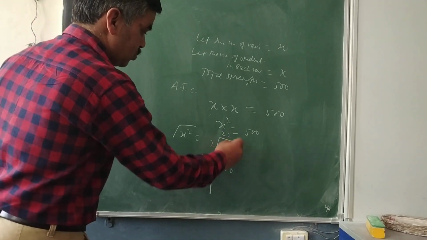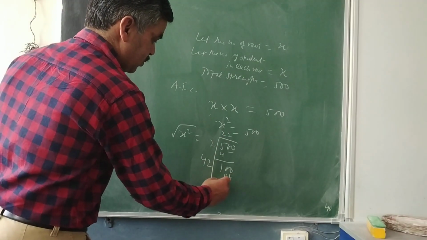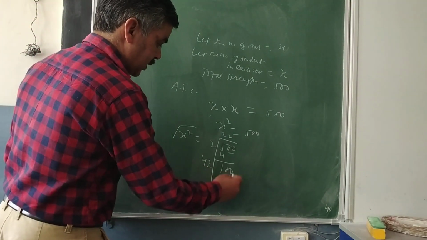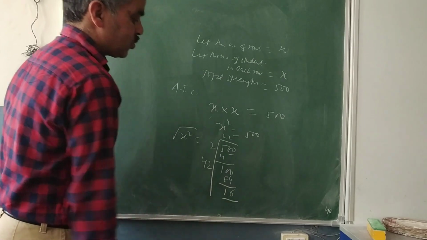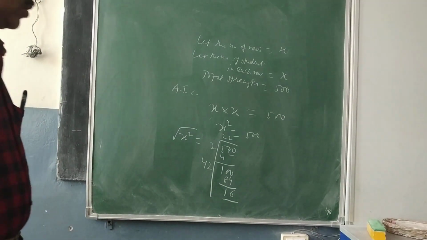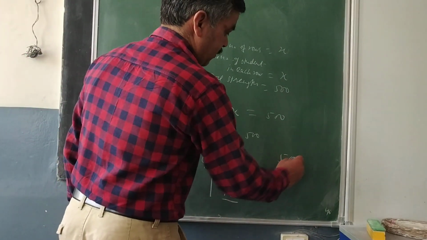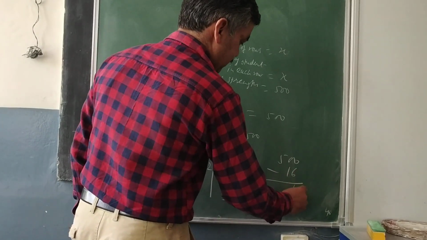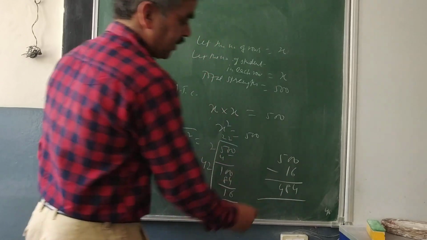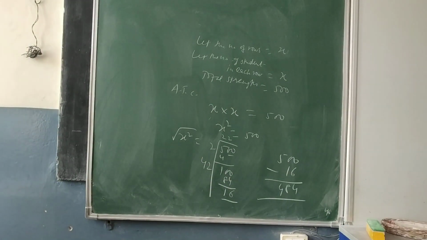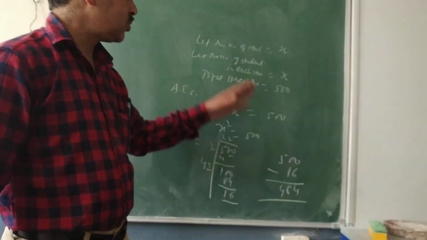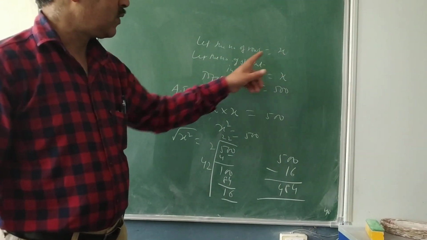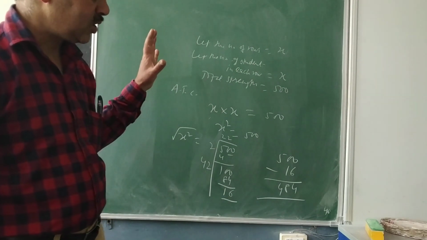Suppose I am taking 2 2s are 4 and 2 4s are 8. So if I take 2 2s are 4, 2 4s are 8, then 16 students will be left out. So now you check. If 500 students are there and I subtract this remainder, I will get a perfect square, that is 484. So 484 students you can manage in such a way that the number of rows will be equal to the number of students in each row.